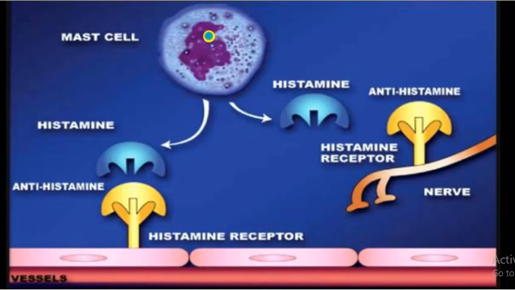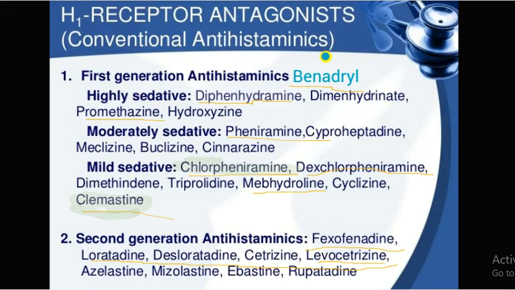And I already said that the mast cell releases histamine. In nerves we have specific histamine H1 receptors, and normally the histamine binds with these H1 receptors. But if we have H1 blocker drugs which can block this receptor, the allergy reaction won't take place. So, H1 receptor blockers.